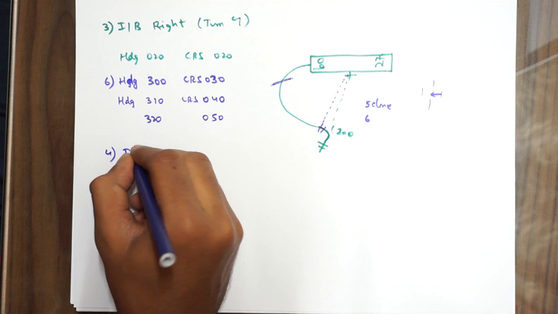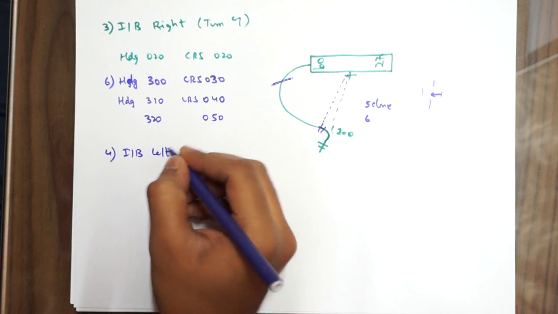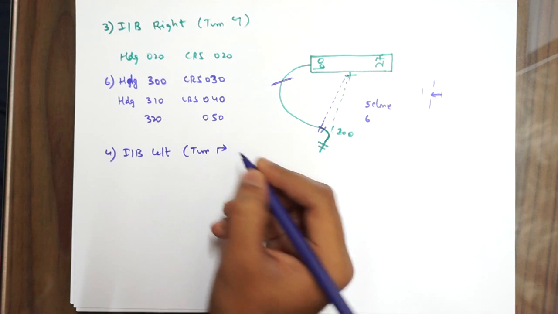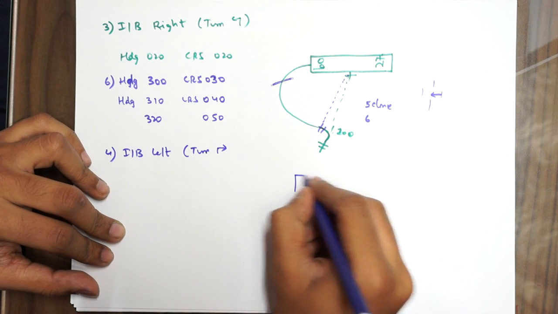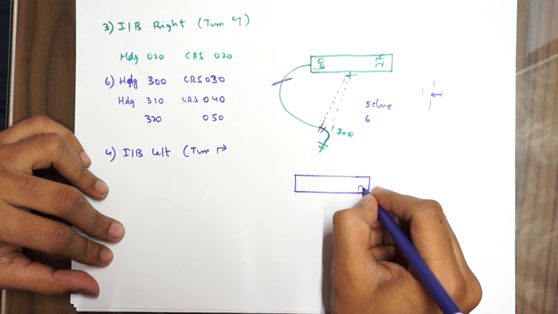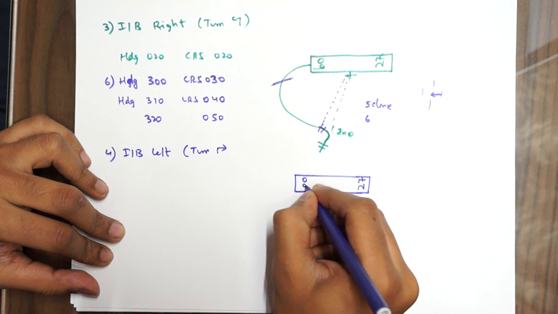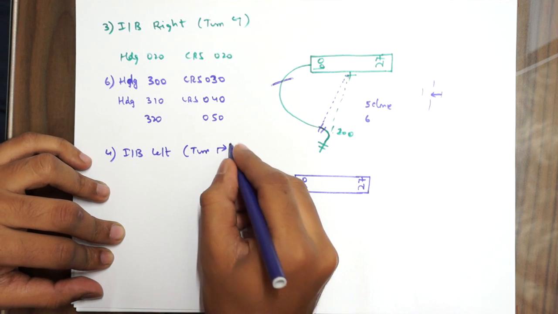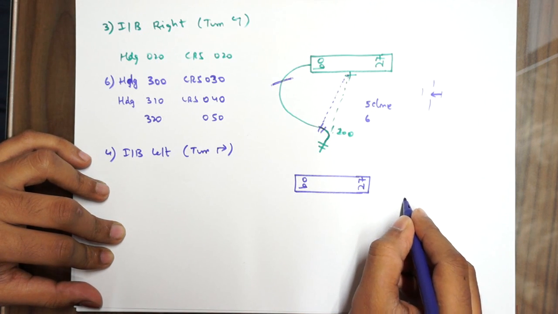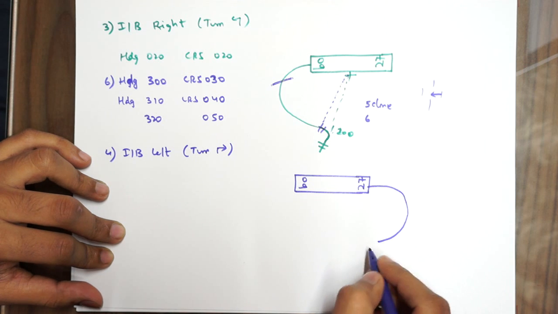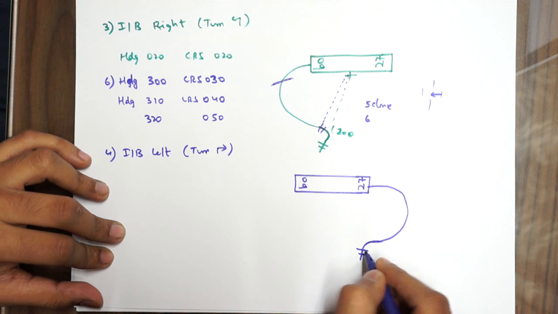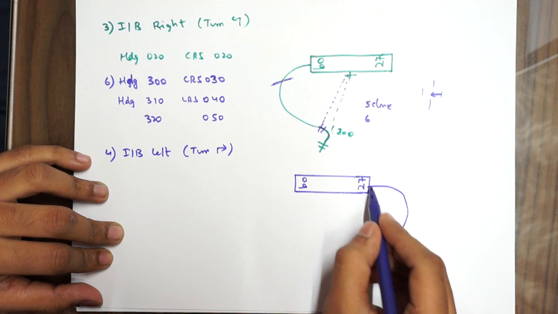Okay, fourth one, inbound left arc, that is, and the first turn will be towards your right. I'll just draw it quickly so that you'll be able to connect to. Okay, so this is a 2709. So in this what happens, I'm talking about a left arc, so the left arc is something like this. Okay, and this is your right turn here, right turn. Okay, so the first turn is towards the right, and then the whole arc is towards the left, and